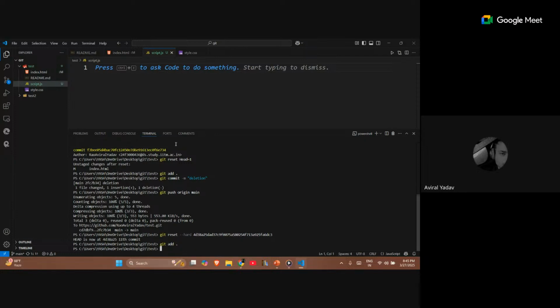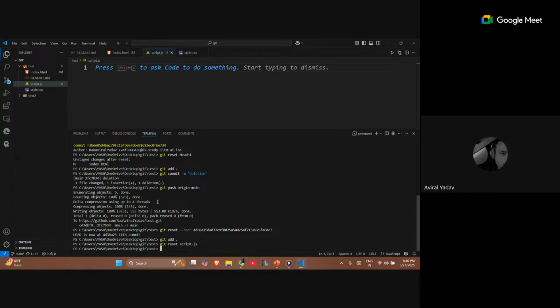And let's say you created a file named script.js and you added it by mistake. You didn't want to add it. So what you can simply do is use git reset and the name of that particular file, script.js. With this step, this file will be unstaged. As you can see, it again became U. U means the file hasn't been added. Before that it became A.